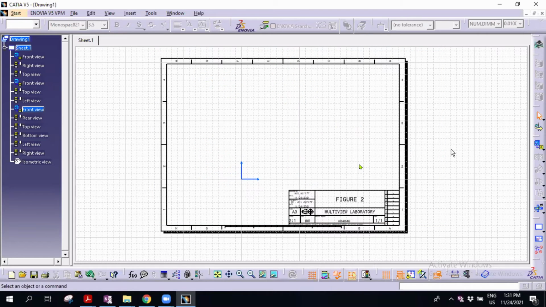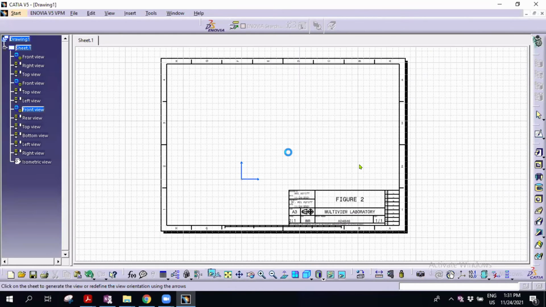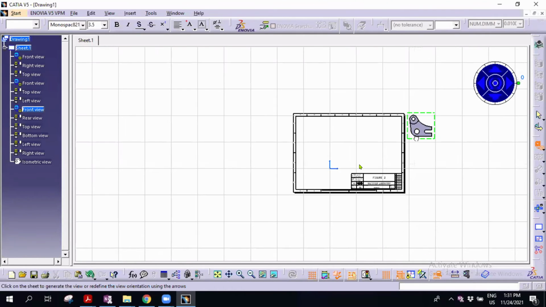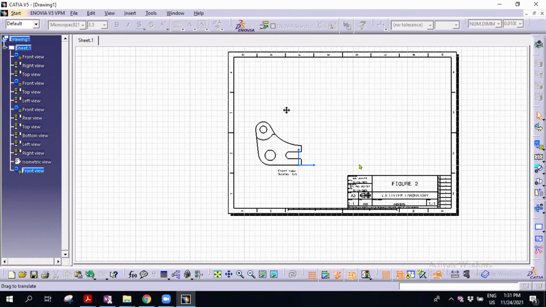You can control it. Okay, I'll show again. You select the front view again. Select the drawings. Select this here, so your front view is here. You need to move this one first. For example, I move it to this area, then I press enter or click outside. So you will have this one.